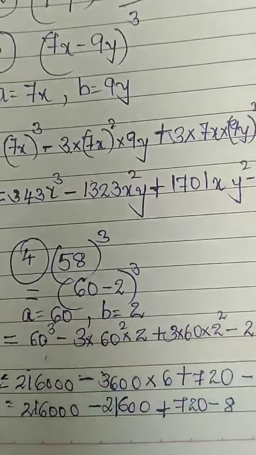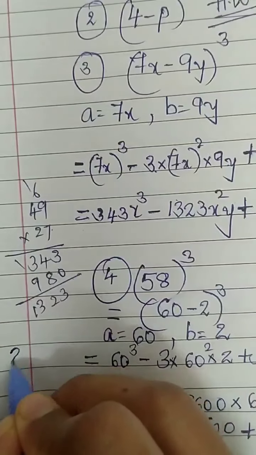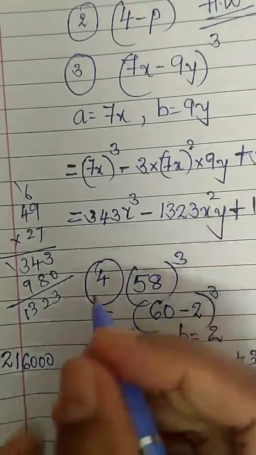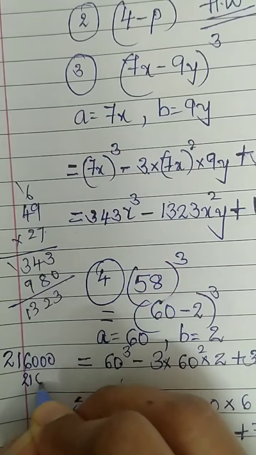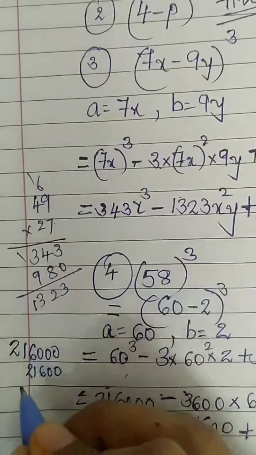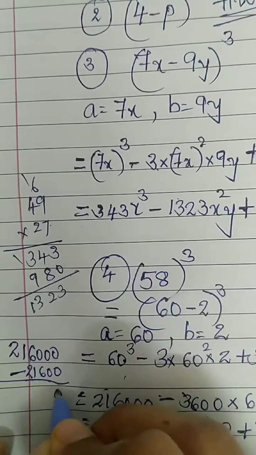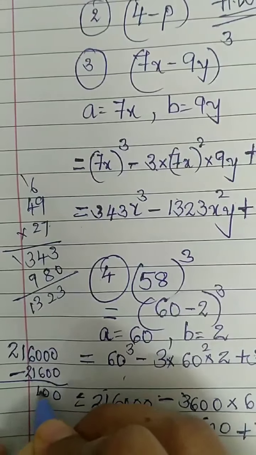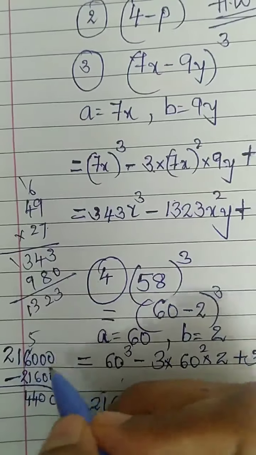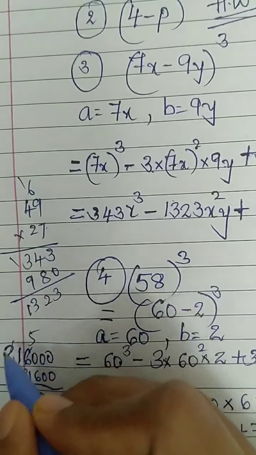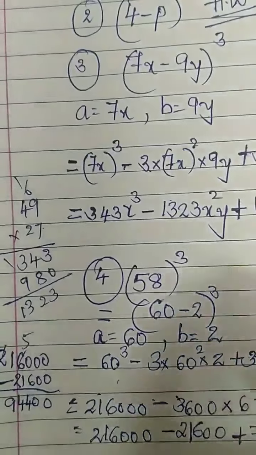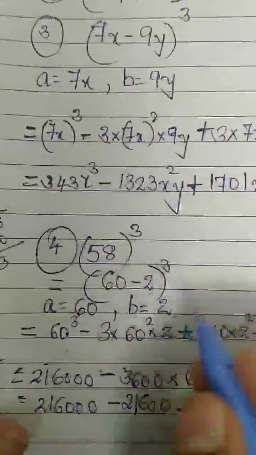Now do this calculation on any one side, write the numbers and subtract. 216000 minus 21600. Okay, so first subtraction. Subtract first. 6 minus 0, 0, 0, 0. 10 minus 6, 4. This will be 5. 5 minus 1, 4. Okay. Now this will be 11 and this will be 1. 11 minus 2, 9 and 1. So we got 194400. So I'll write